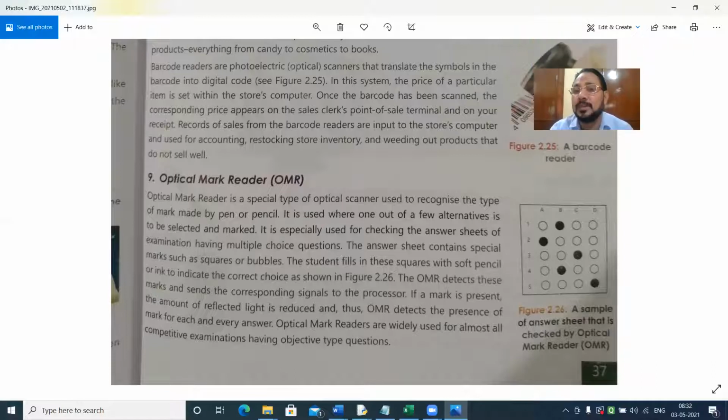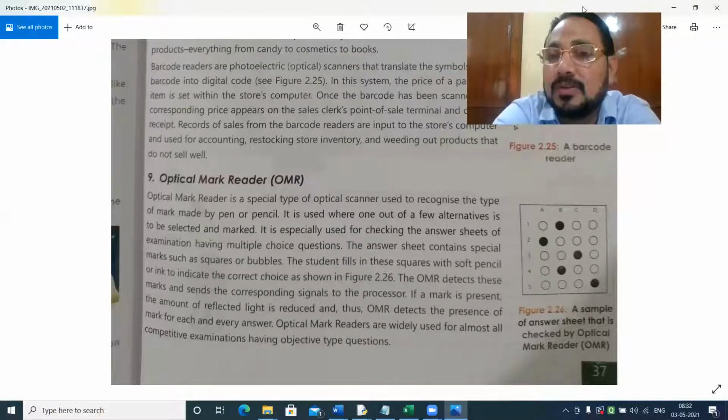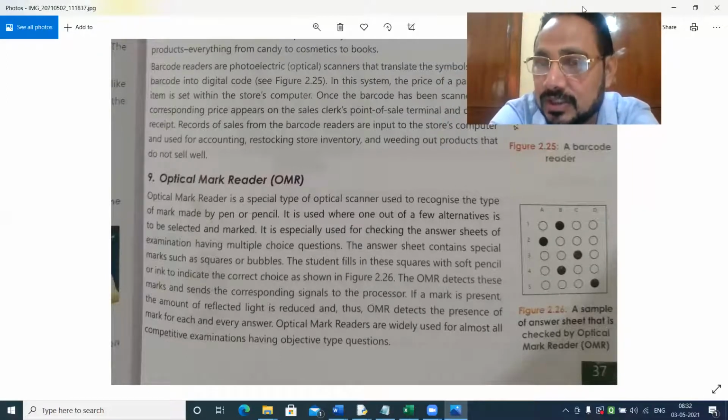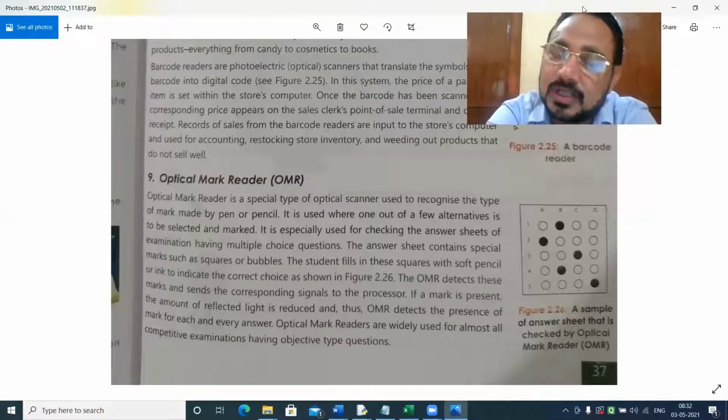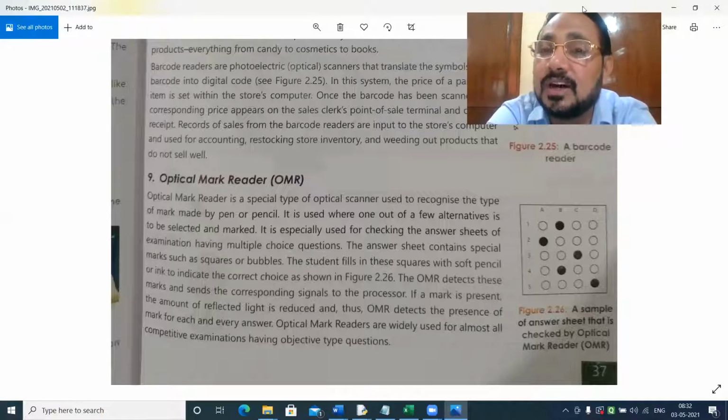When people were using pencil, it was still used. I'm not saying that it's not used. They give the option of both, either use pencil or pen, but mostly major competitive exams avoid the use of pencil, rather they use pen. The reason was that anyone can cheat. That means they can rub it out and then mark another option.